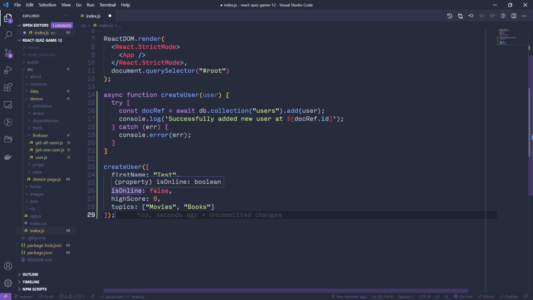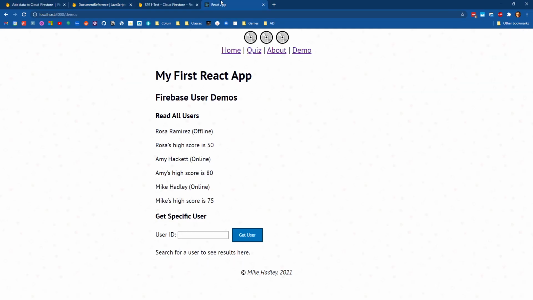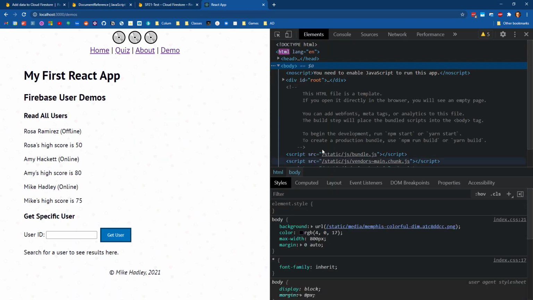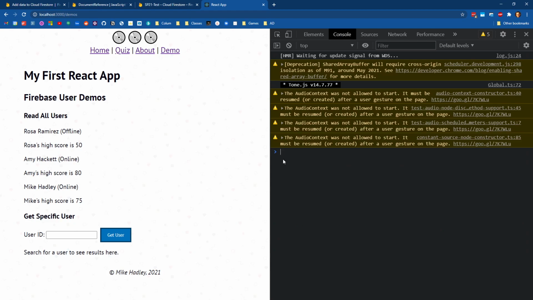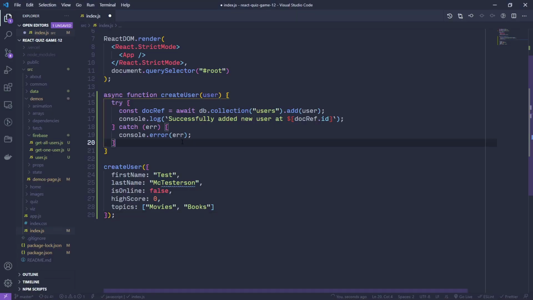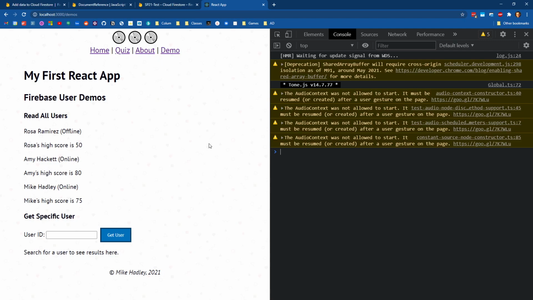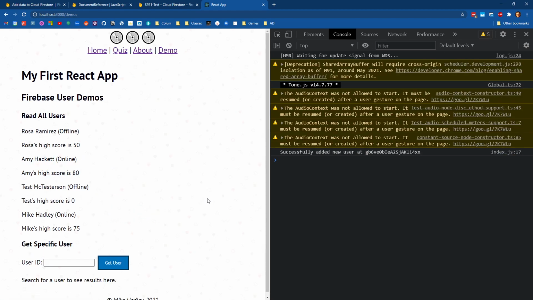So the one thing that we're going to run into is that if I save this, this is going to hot reload in the browser potentially, which means that our user may get inserted as soon as I save it. And if I refresh the page a couple times, we're going to get that user added a couple of times. That's okay for our testing purposes. So I'm going to go ahead, save this. Looks like my hot reload is not working, so it didn't automatically kick in. So if I refresh the page, now I should see successfully added new user at